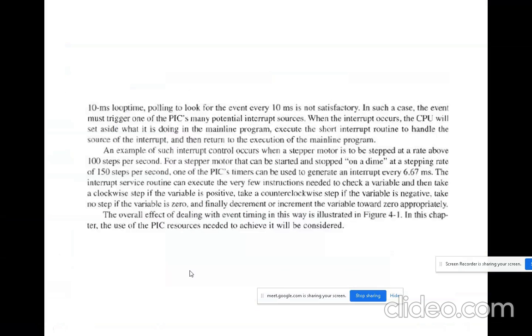So based on the variable present in your instruction, the stepper motor will run clockwise or anti-clockwise. And finally, on incrementing and decrementing the variable present in the instruction, it will approximately reach the zero value. So the overall effect of dealing with event timing in this way is illustrated in the figure. Now we are going to see the PIC resources, how it is